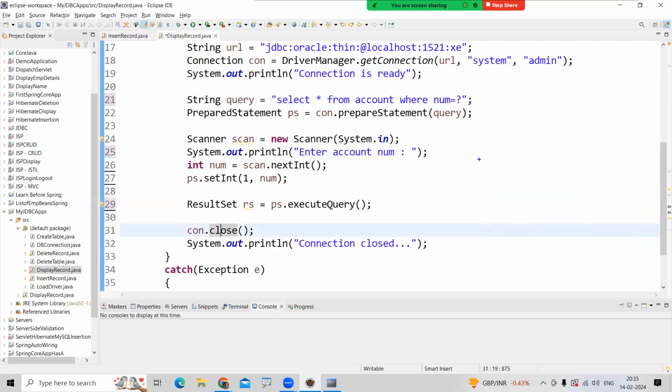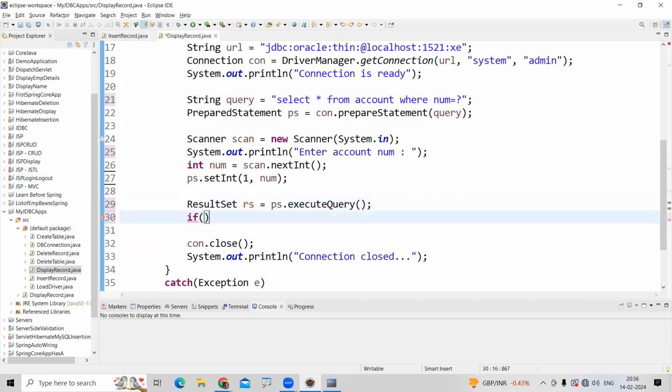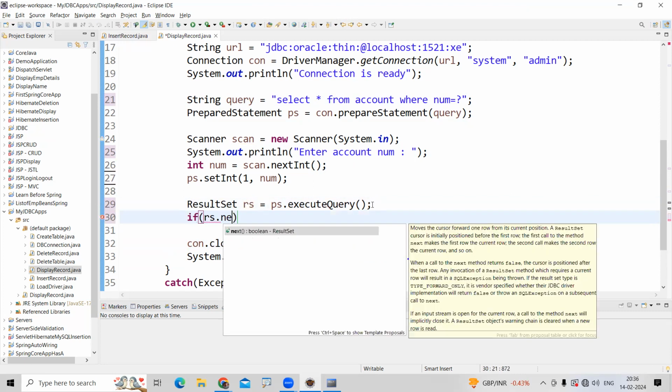Sir, suppose there are three records here. If you give a proper account number, it is okay. Suppose I'm not giving the proper account number, if I give 104, then it is not there, right? Then it will be a null value. Sir, how can we check? In the ResultSet, rs.next means